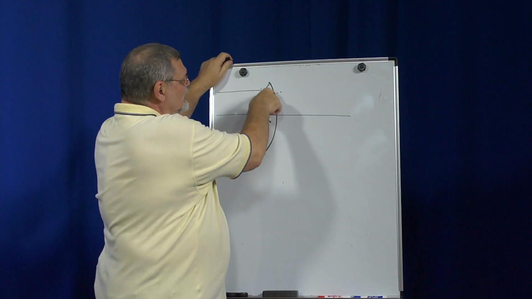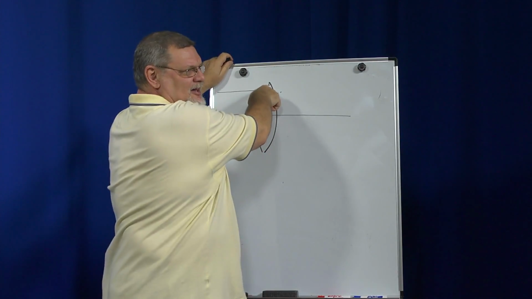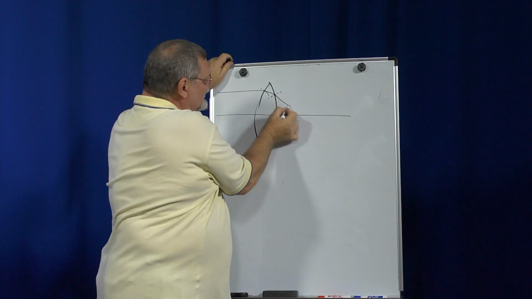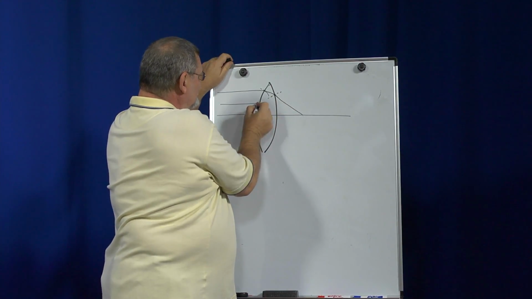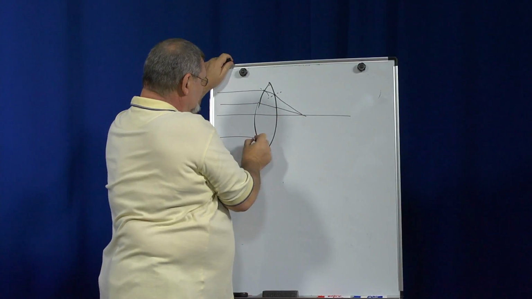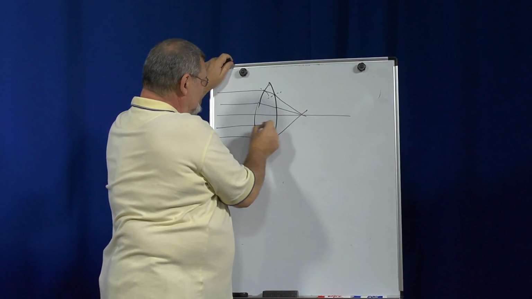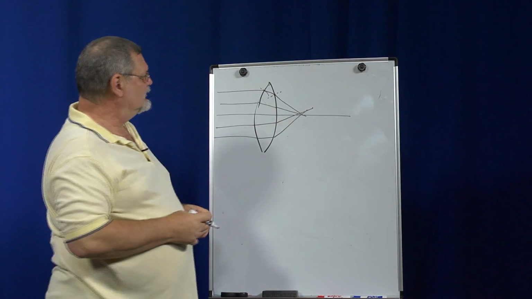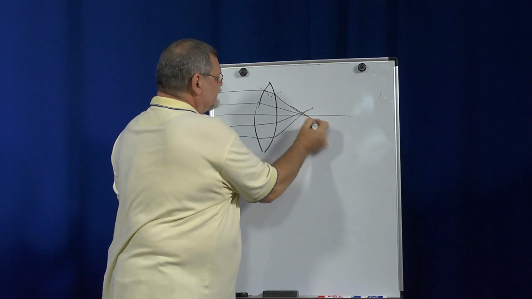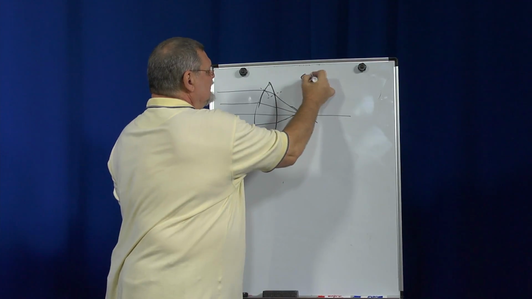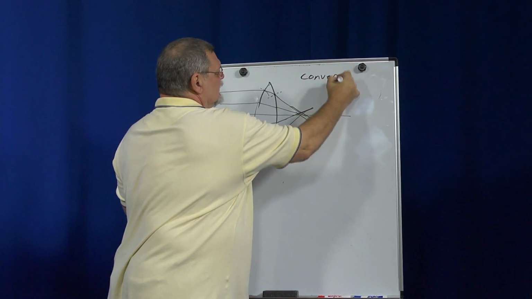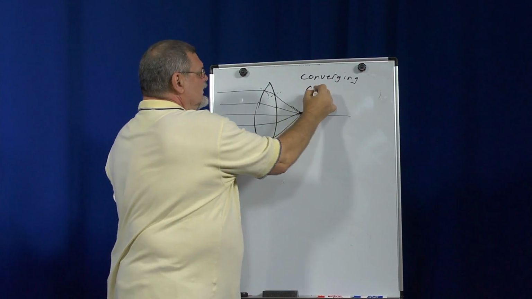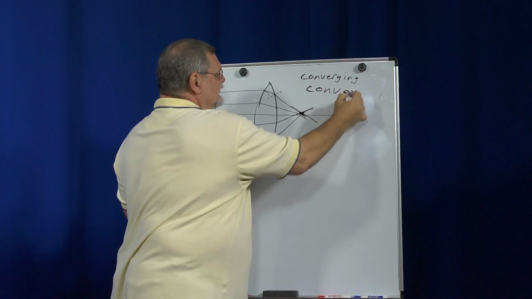As it goes from the lower speed of light medium to the higher one, it's going to bend away from the surface normal, which means it's going to bend even further. So in other words, all of these light rays are bent towards a focal point. And what does this do? Well, it helps magnify objects. And this is a converging lens. You can see that the light rays are converging to a point, and we call this a convex lens.